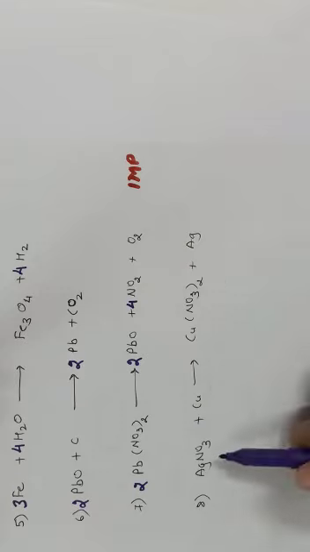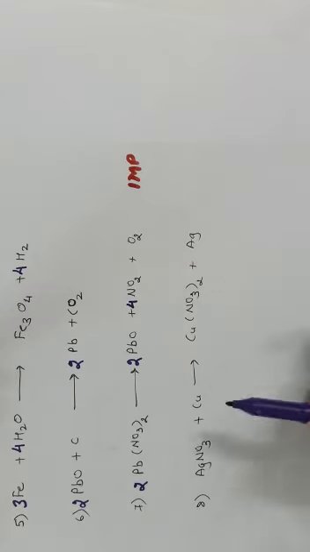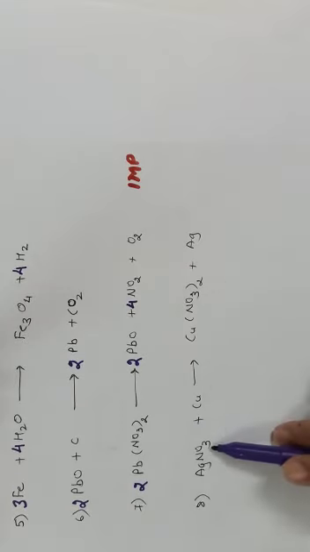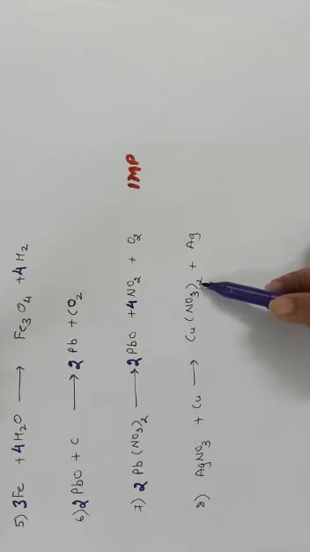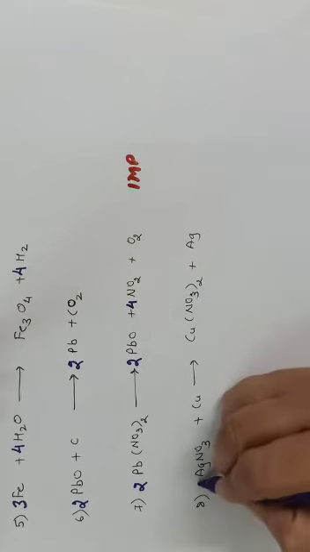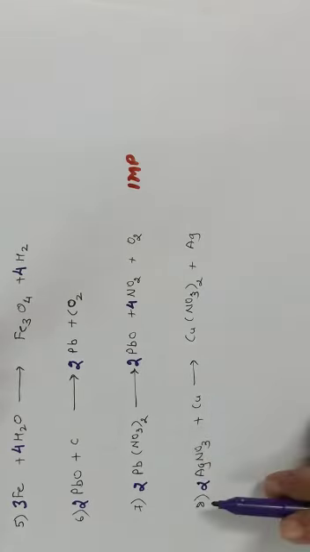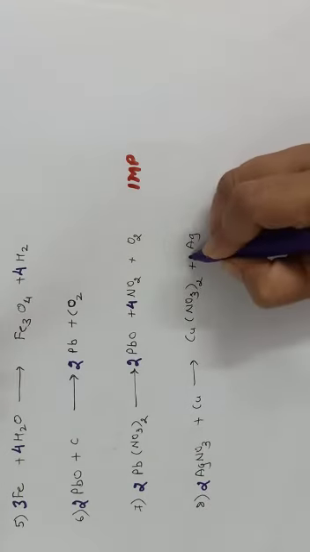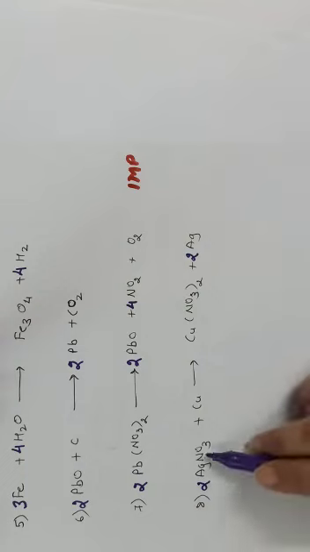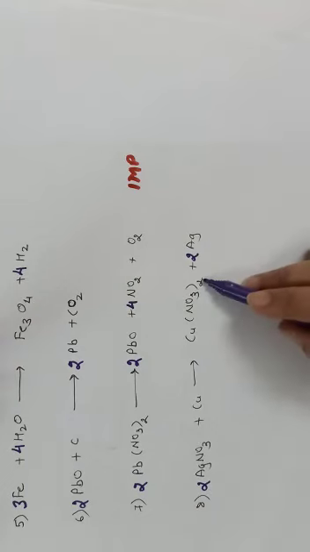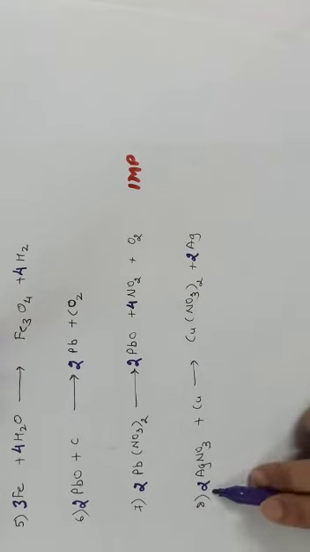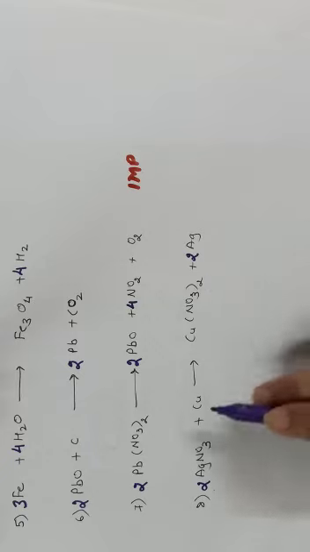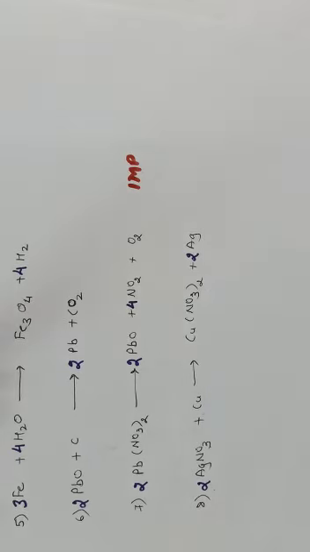As we have seen, the maximum difference is in the number of oxygen. Oxygen on the reactant side is 3 and on the product side 6. So I will multiply here by 2. Now 2 AgNO3, so 2 Ag. So immediately I will multiply Ag by 2. Now nitrogen 2, nitrogen 2. Oxygen 6, oxygen 6. Copper 1, copper 1. So this equation is a balanced one.